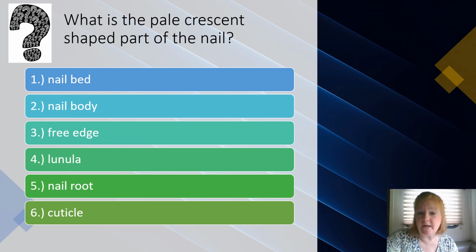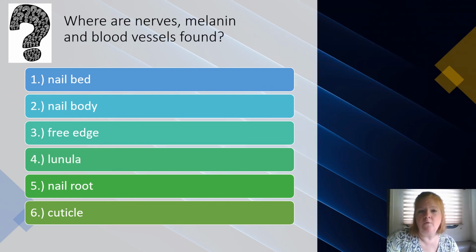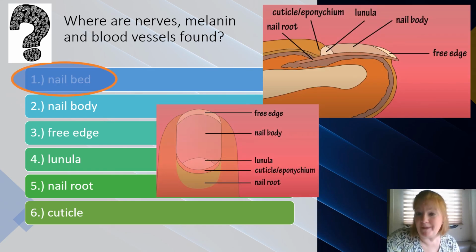What is the pale crescent shaped part of the nail? It's at the base near the cuticle. It's the lunula. Where are nerves, melanin, and blood vessels found? In the nail bed, right? The nail body, that's the part we take care